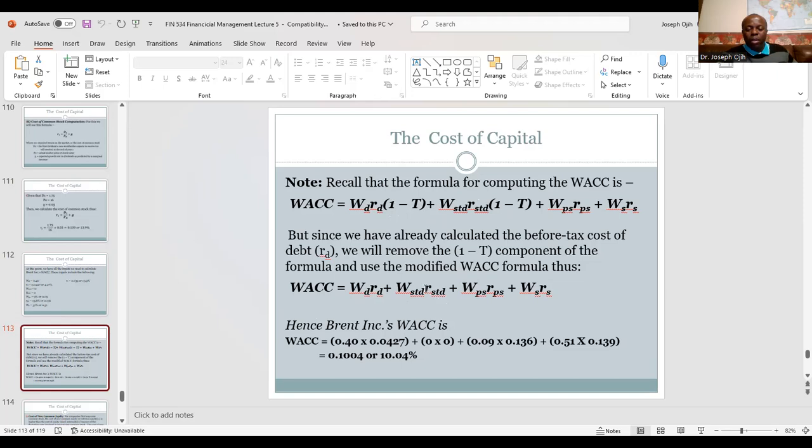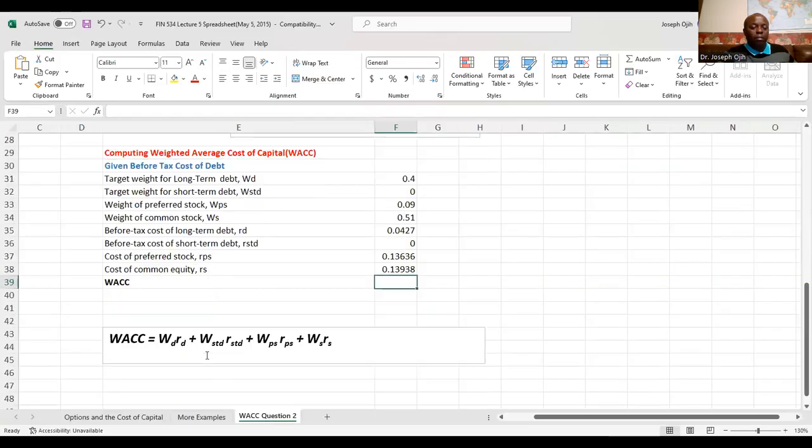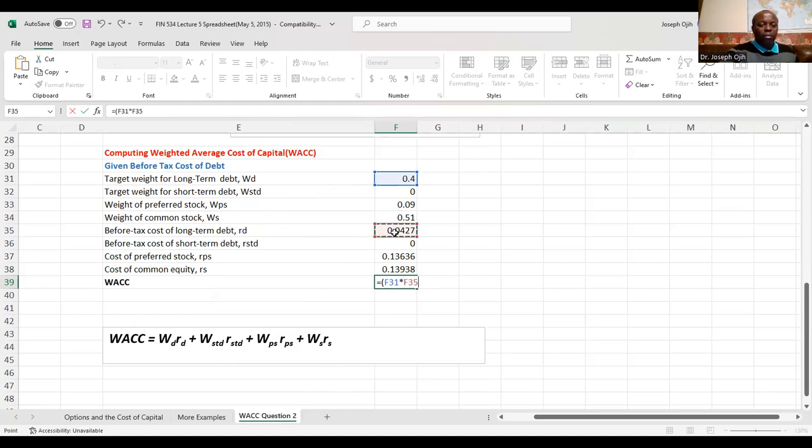So this is the formula we're gonna use here: weight of long-term debt times the cost of long-term debt, and so on and so forth. So let us go and use that formula. I put it here so we can use it right here. So let's do the work. Equals the weighted average cost of capital, with parentheses, target weight of long-term debt times the before tax cost of long-term debt. Close the parentheses. Plus